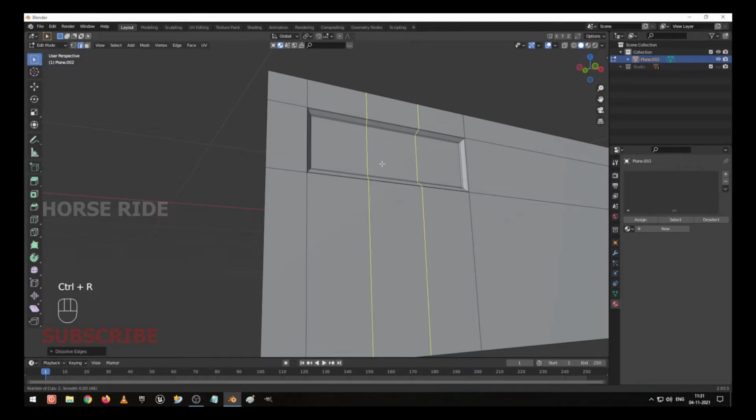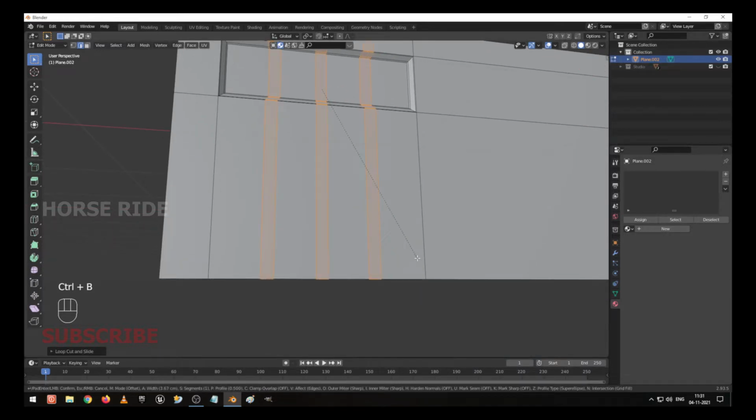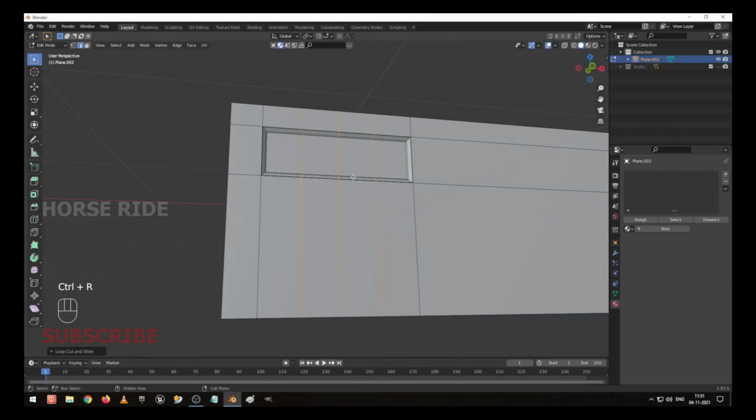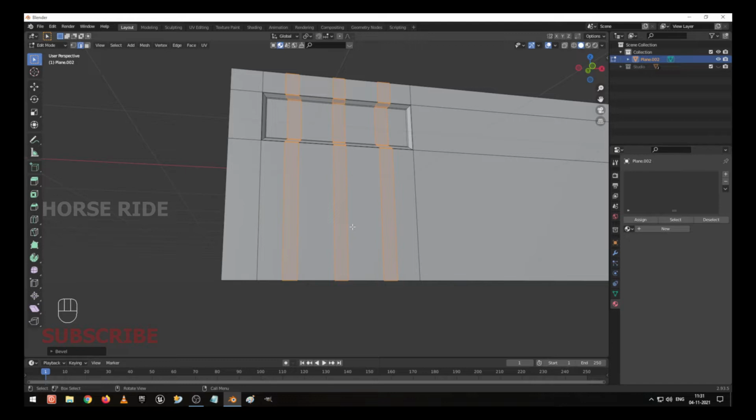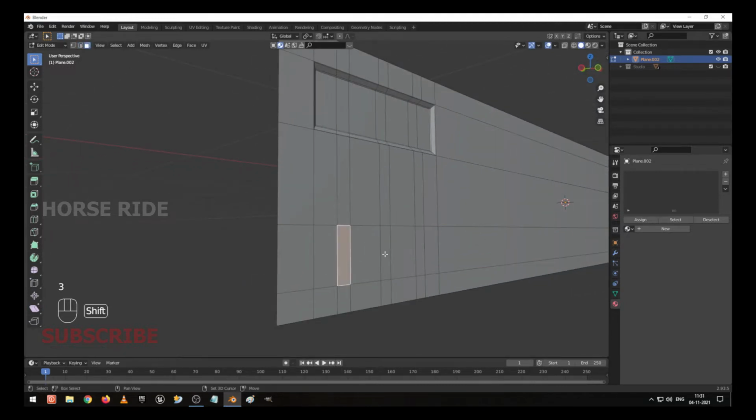Now I create three edge loops in between here, and I press Ctrl B to bevel. I create the three buttons here and scale it in X axis. No, I just undo it. We can create three edge loops and scale them in X axis to scale evenly a little bit more for the buttons. I press Ctrl B and I make this shape, and I create two edge loops here and move them towards here. So now here we are going to select these faces.